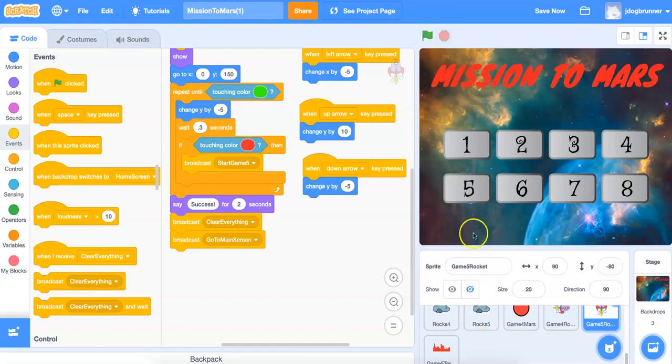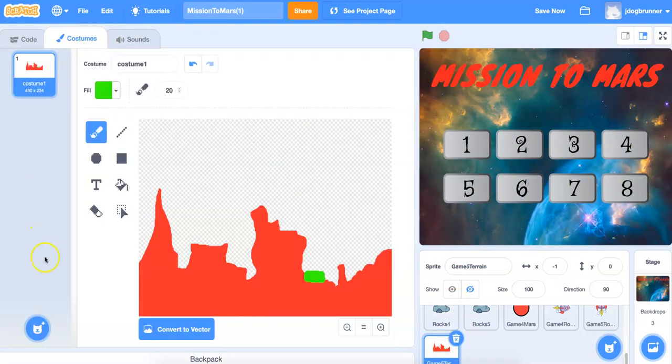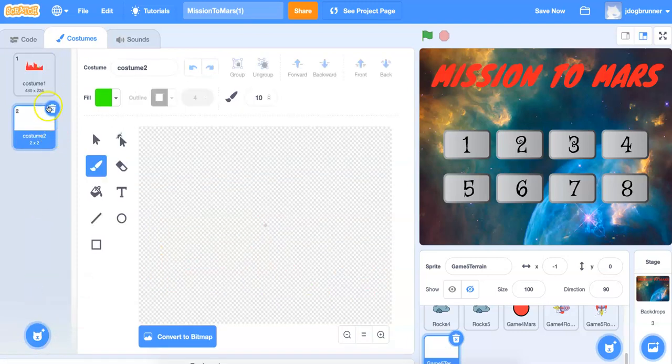So the program's not running. Let's come down here to this game 5 terrain. Let's add some more costumes. So this is where you as the creator get to be really creative. So let's draw and paint some more terrains. So for mine, I'm going to